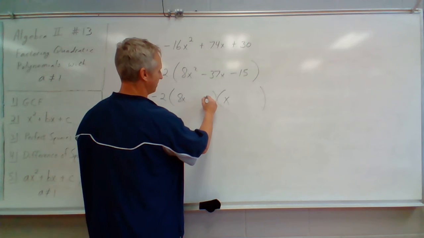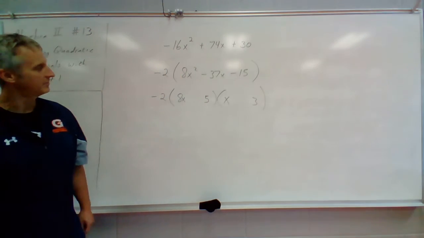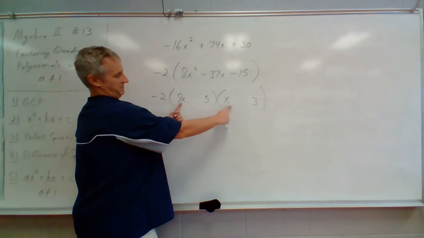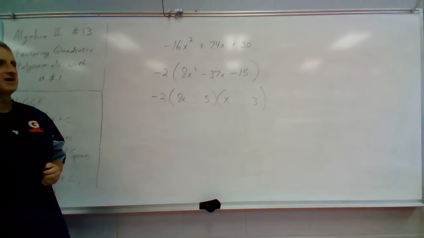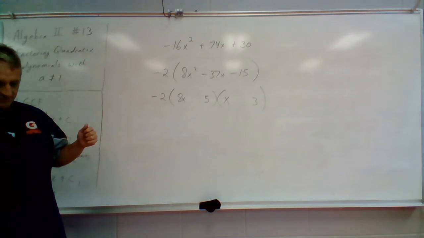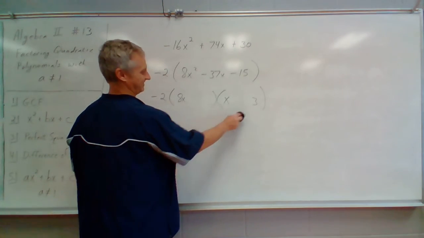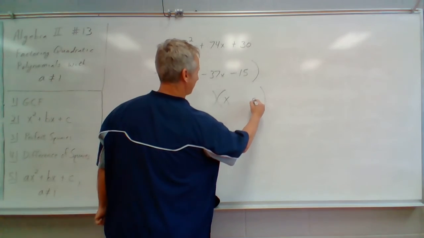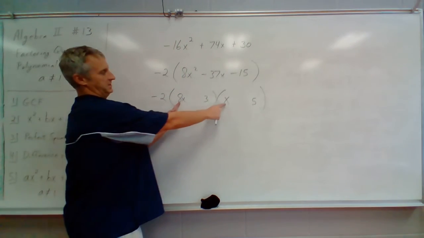Let's try the 3 and the 5. 8x squared, 24x, 5x. 24 plus 5 is 29. 24 minus 5 is 19. None of those are 37, so that's not going to work. Switch those around. Put the 5 here and the 3 here. 8x squared,